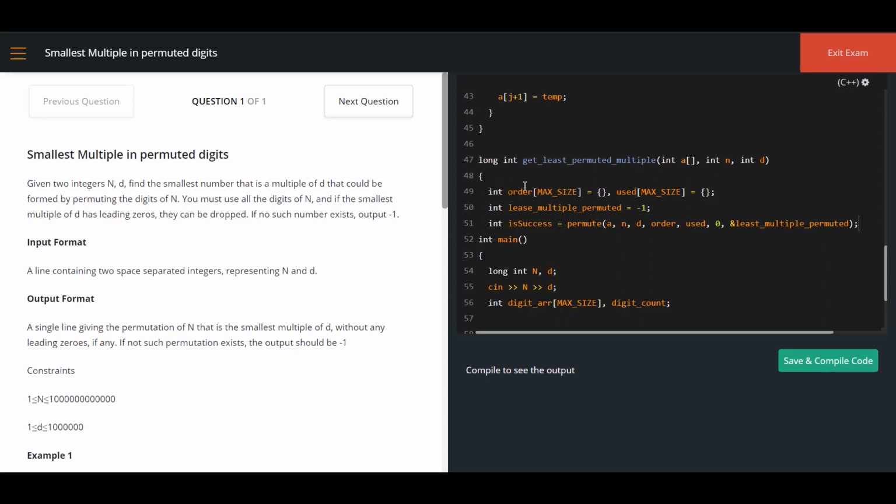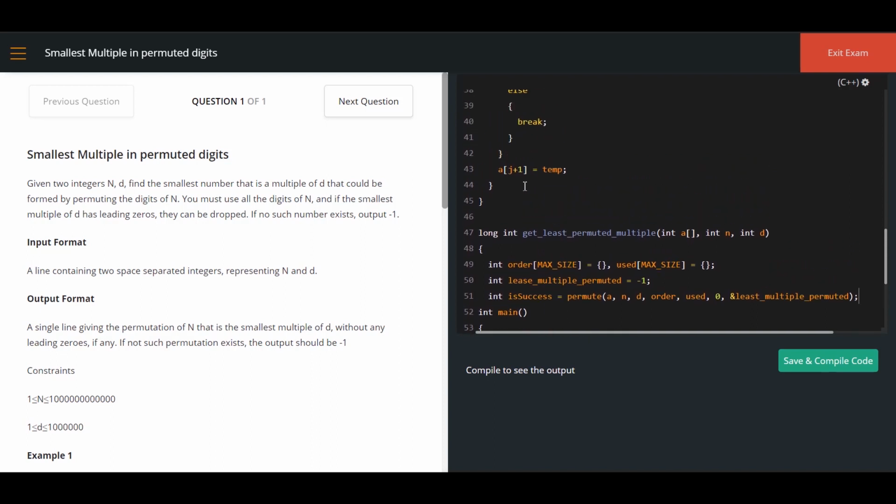Fine, I am calling this function. Here I am just going to perform permutation. After permuting, I am going to check whether the number is divisible or not. And remember, I have not formed it as a number yet, I have taken it as an array. I have taken the input value in the form of an array only.